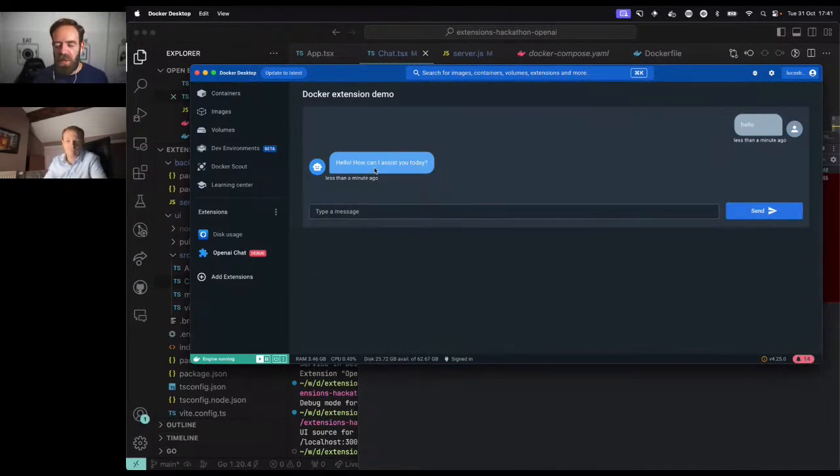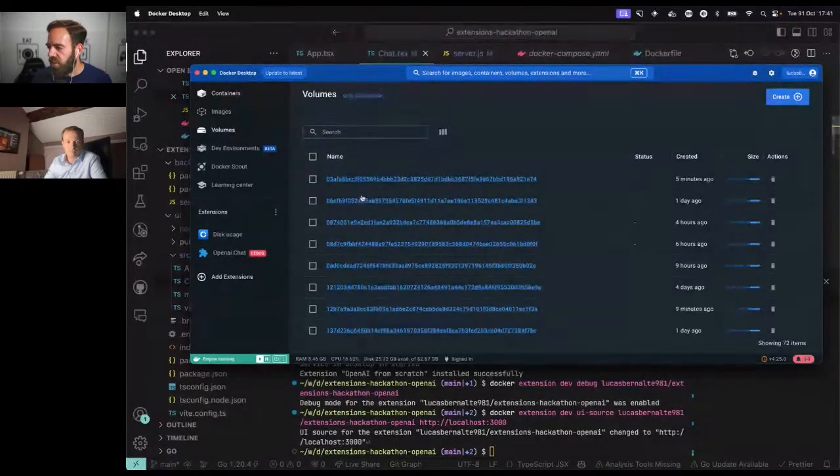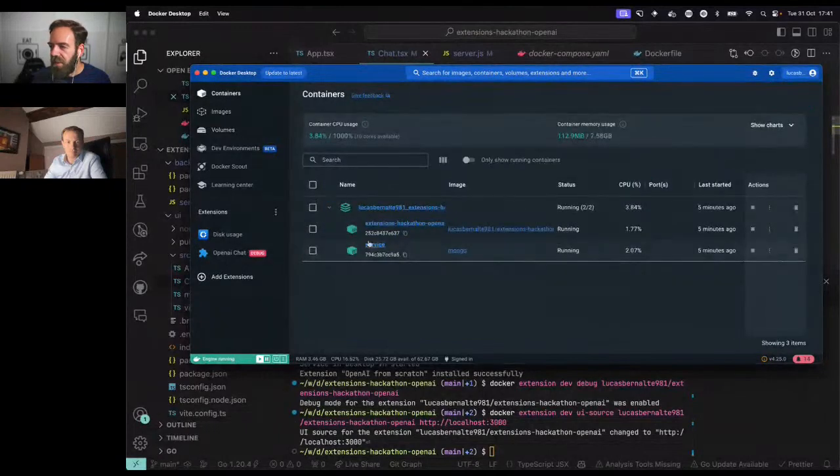And something that we could do, Guillaume, maybe not for this exercise, but we see now here that we don't have any volumes. I have a lot of volumes, but not because of that. Everything is stored in the Mongo container. But we could have a volume and store that data into a volume. Yeah, exactly. That would be best practice too. So right now, if we trash the Mongo container, we're going to lose the data because the data is stored in the container and not in a volume.